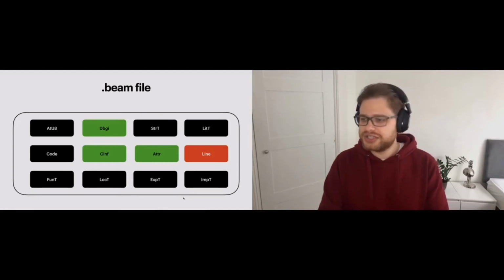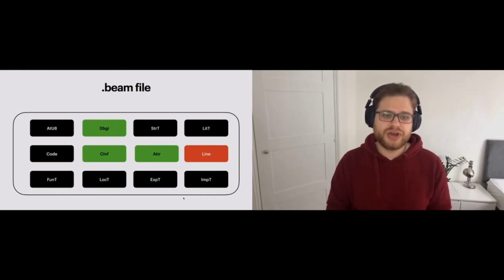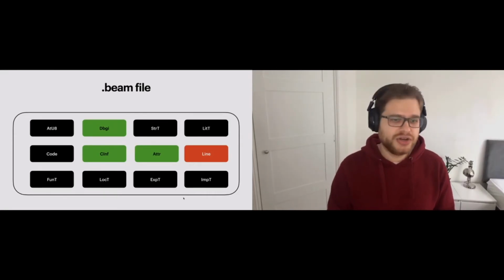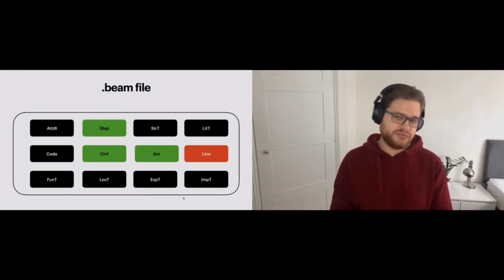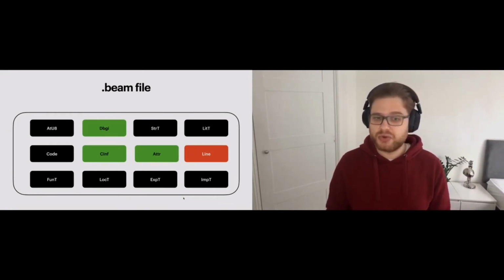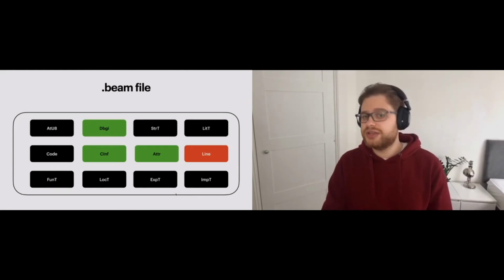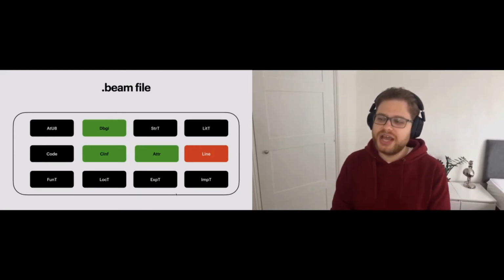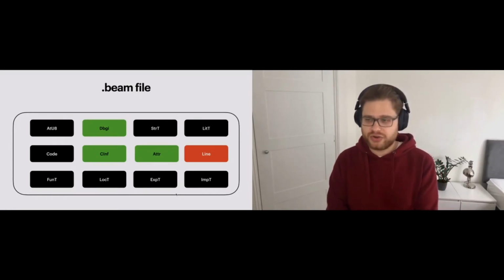For example, the LocT chunk contains an index of all the local functions in the module. So rather than saying in the compiled bytecode, please call the function foo, you can say, please call the local function 3, right? Which is much more compact if you refer to this function more than once. Similarly, the export table lists all the public functions of a module. The import table lists not all the imported functions, as you might imagine, but all the external functions, or all the remote functions that are called from the module.